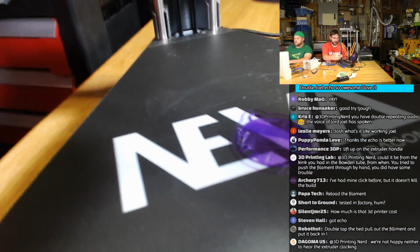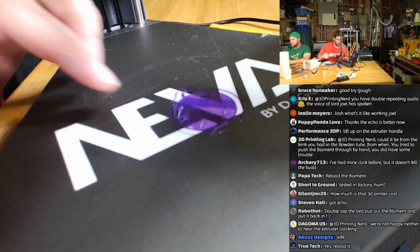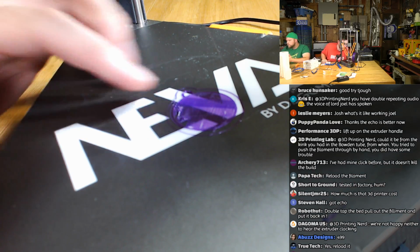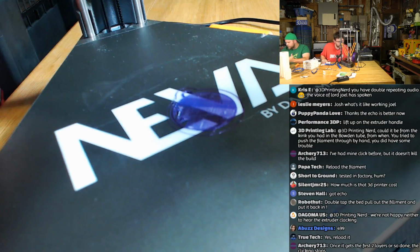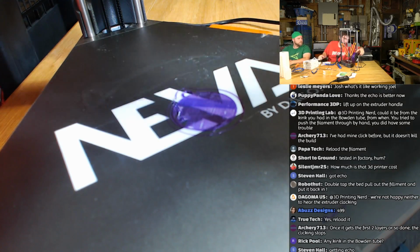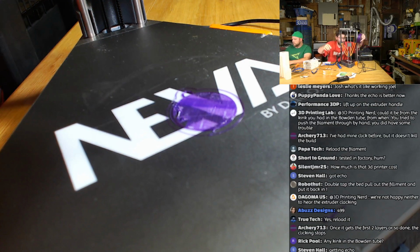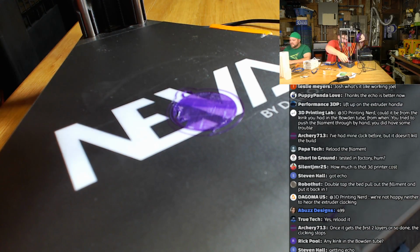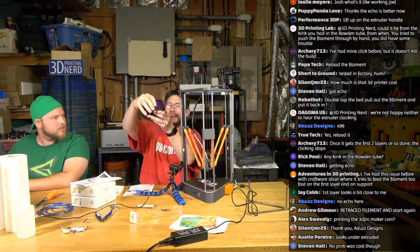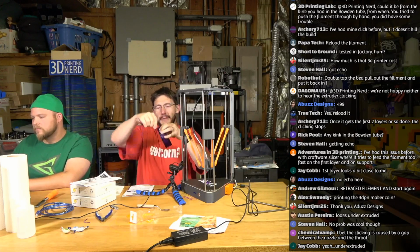Okay, let's get that nice and close. Here we go. A couple of people are saying, retrace filament. I think they mean retracted filament and start again. Yeah, let's do it. That was great. It spit out all the filament and then, because it's a tiny roll, it kind of came off the roll. So I need to...